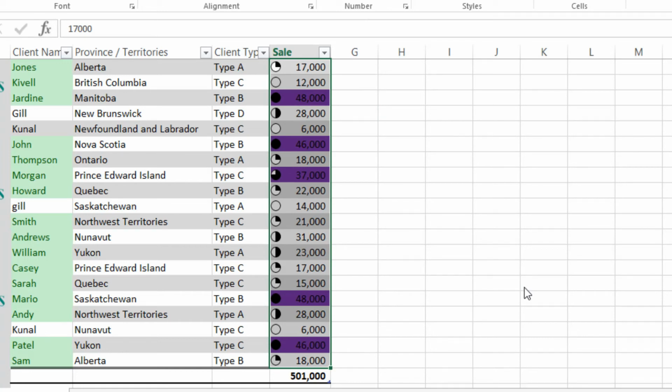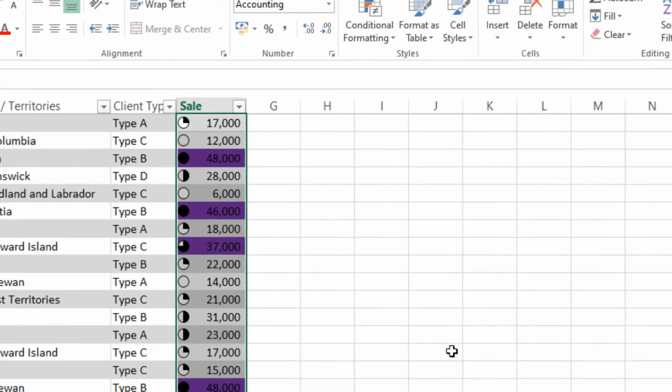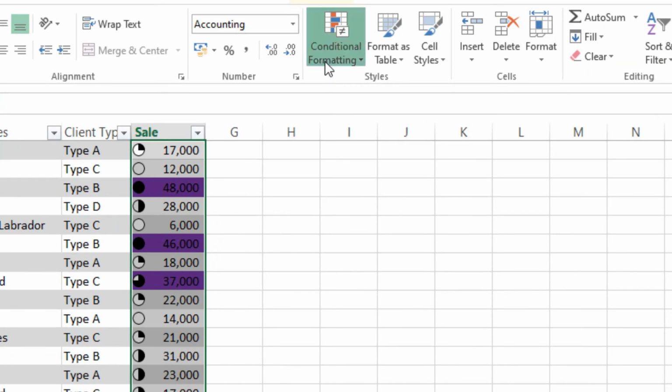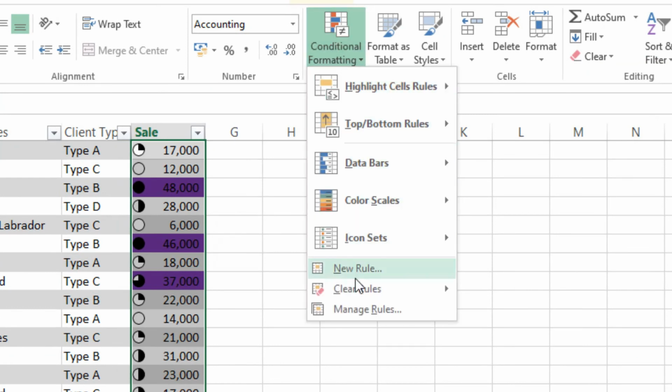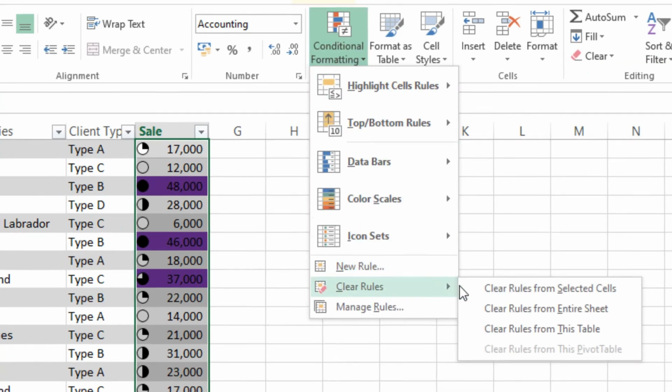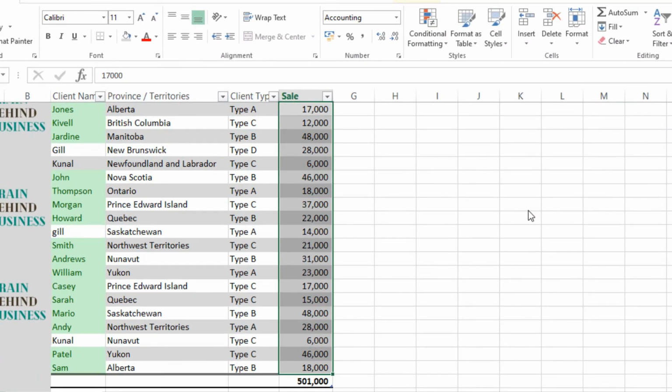You can also clear or remove conditional formatting rules from our specific data. Let's say now we want to remove that pie chart formatting. So we will select our range, which is already selected. We'll go with conditional formatting, then clear rules, and then clear rules from selected cells. It will remove all rules.